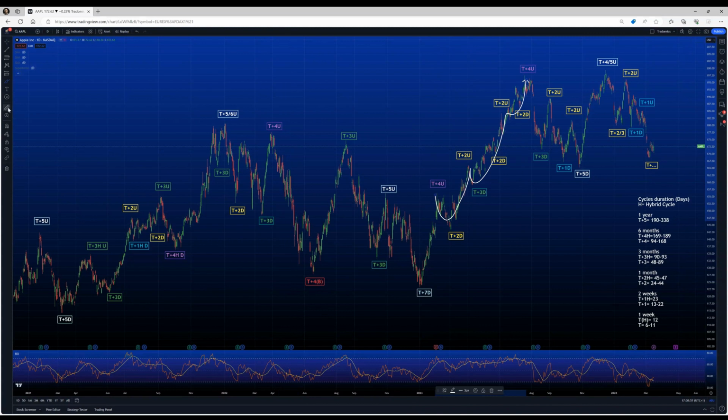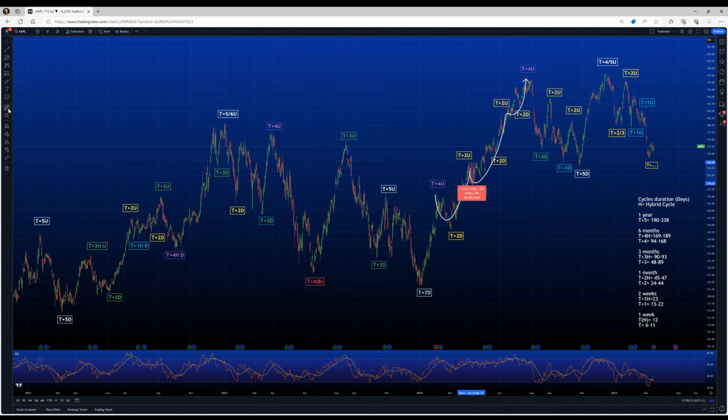But in this case, we have had just 10 days, and 10 days lower to the top was enough duration for a T plus 2, but not enough for a T plus 3. We have had the same condition here,